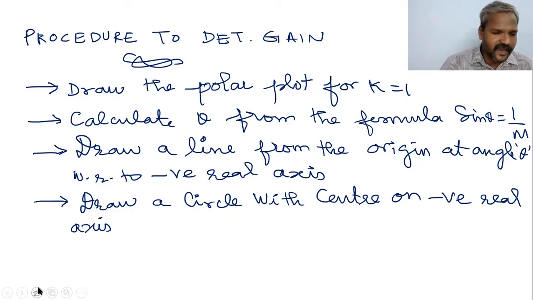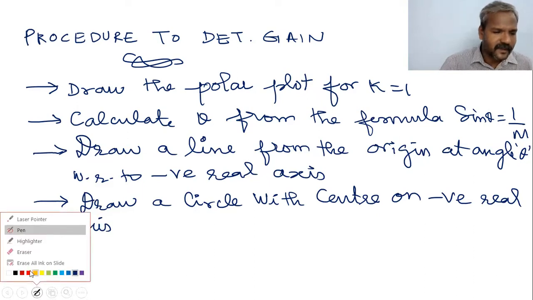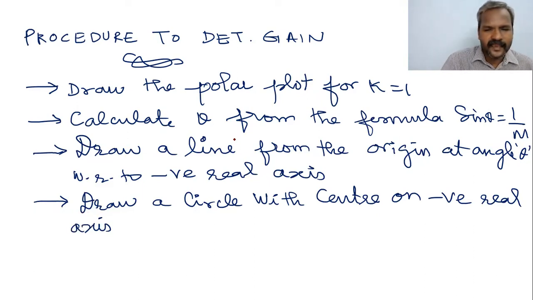Let us have the line. Draw a line from the origin at angle theta. Name it as OT, the line OT. Okay. So what we have to do: draw the circle with center on negative real axis, which touches